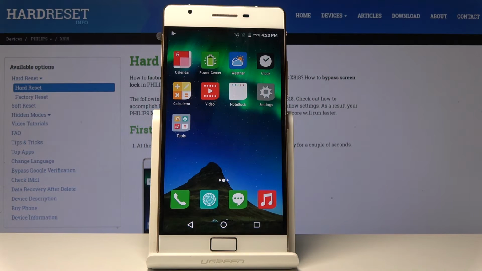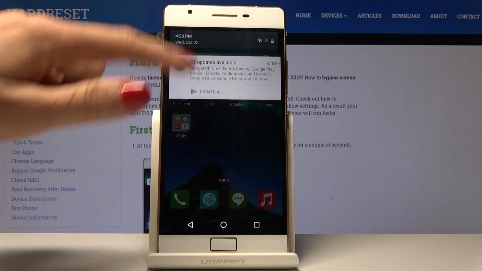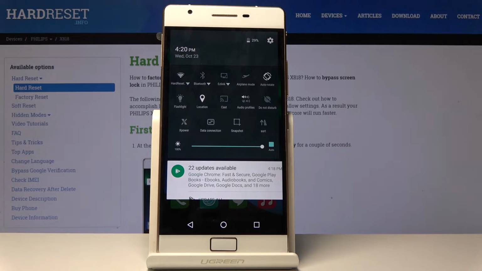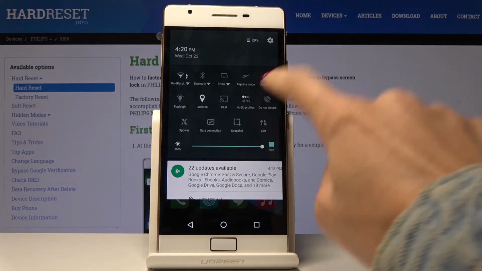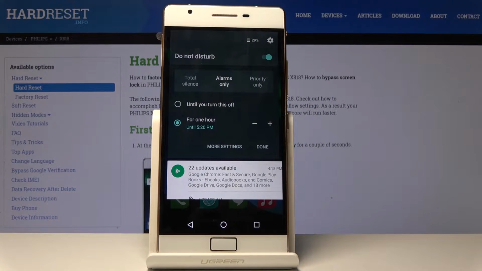Here I've got PHILIPS X818 and let me show you how to activate and use Do Not Disturb mode on the following device. So at first you have to slide down the upper bar and then locate the Do Not Disturb mode icon. So here it is, simply click on it,